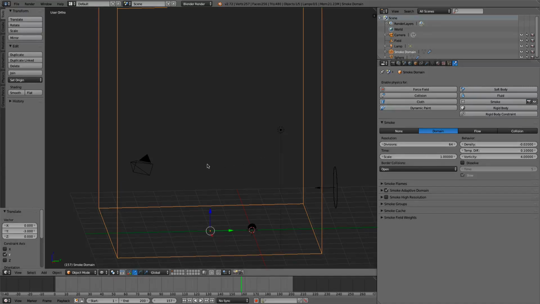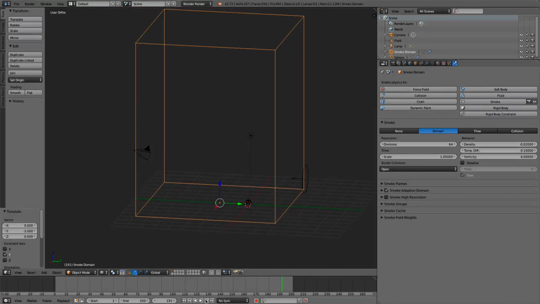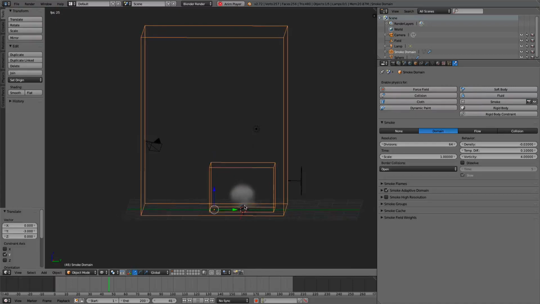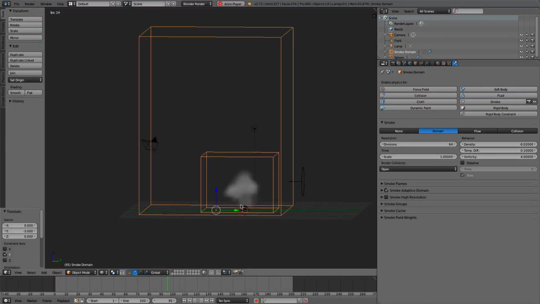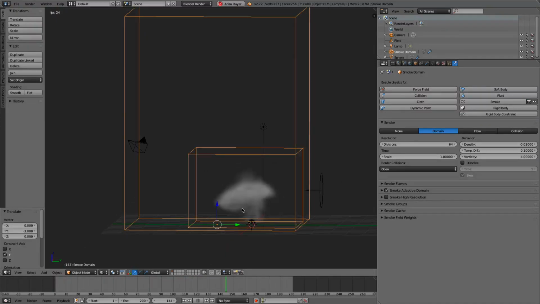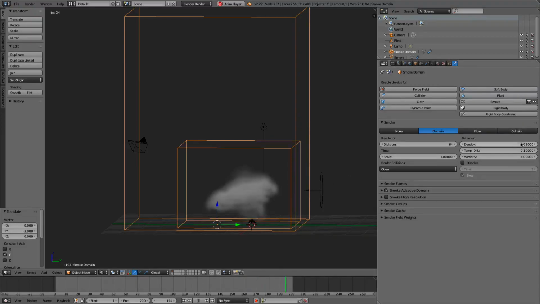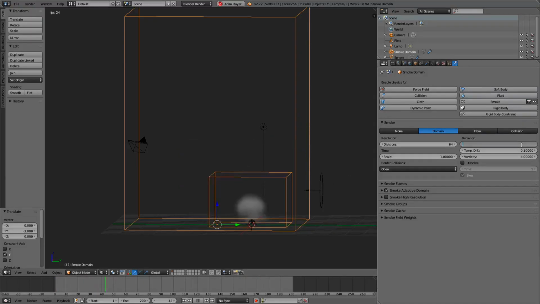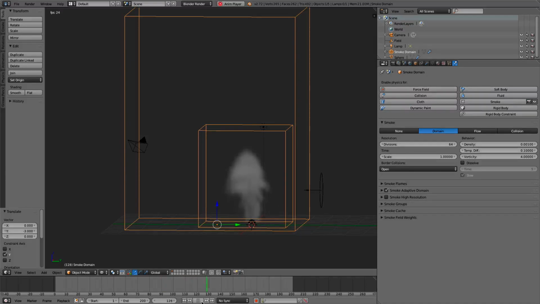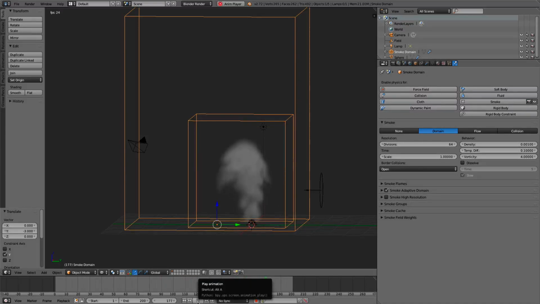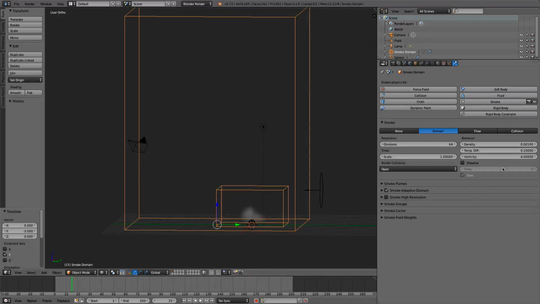Now, since this is a certain kind of smoke, I don't want it to move too fast, but we're going to move it to negative 0.2 to see what it looks like. Moves a little bit faster, a little bit nicer. But it sort of seems to flatten out, and we don't want that. So we're just going to go back to 0.001. See how that does. That looks pretty good. Not super fast, but just a good enough speed for me, I think.